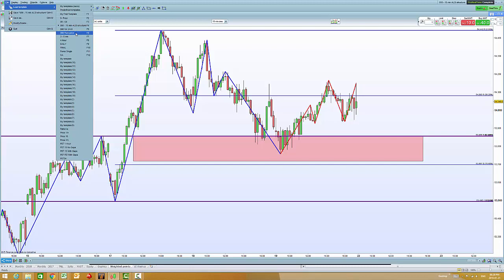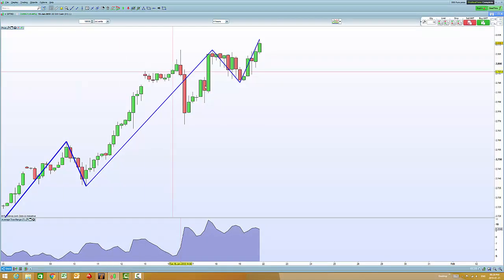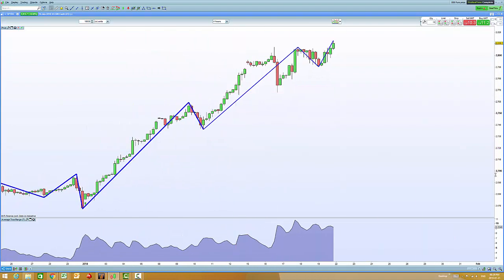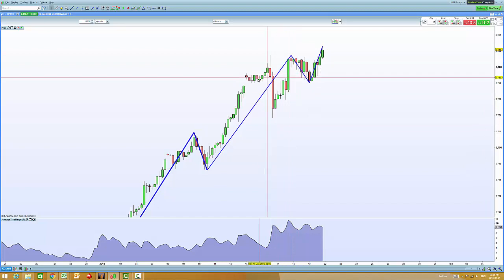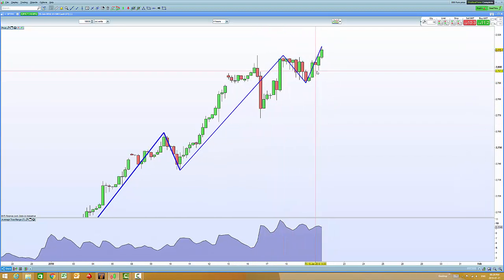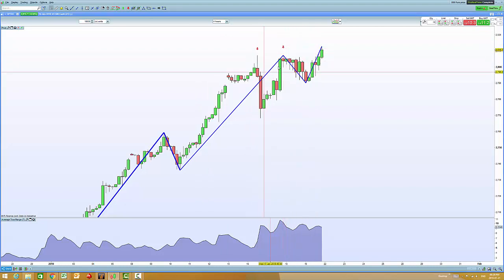Let's have a look at, firstly, the S&P. The 4-hour chart on the S&P is looking very bullish at the moment, pushing to the upside all the way over here, putting in higher highs and higher closes. We'd highlighted this potential double top over here, and this is important and worth discussing in a bit more detail, because a lot of